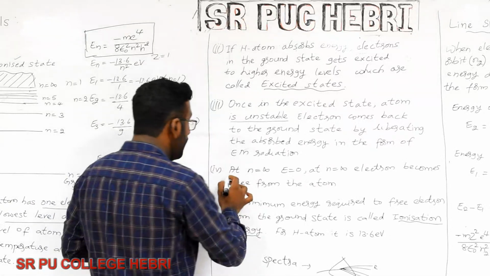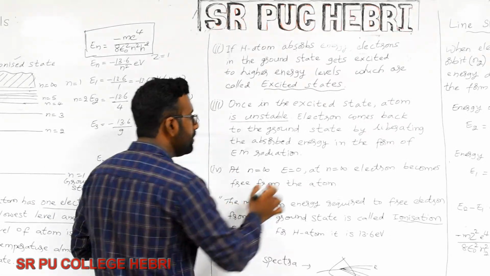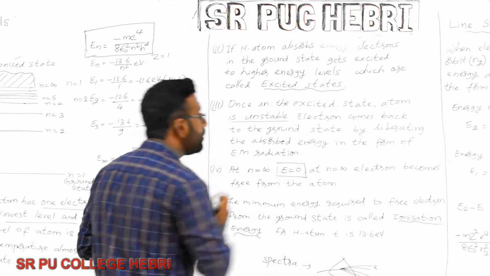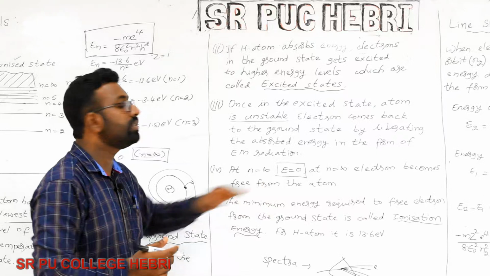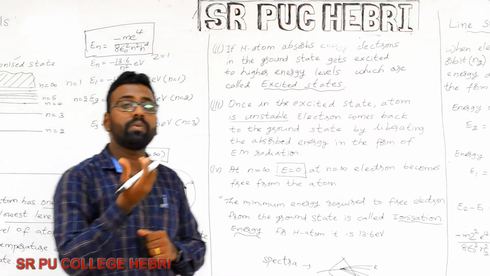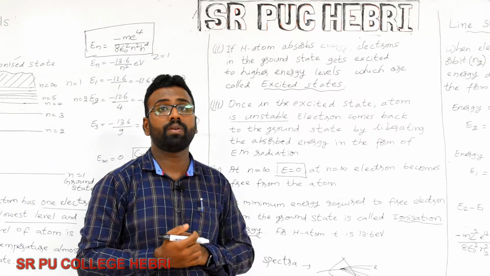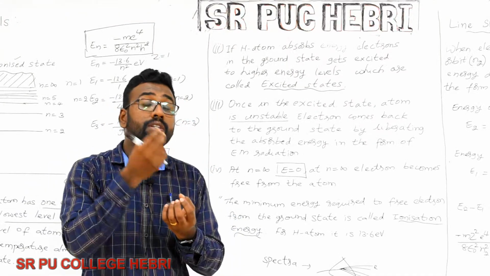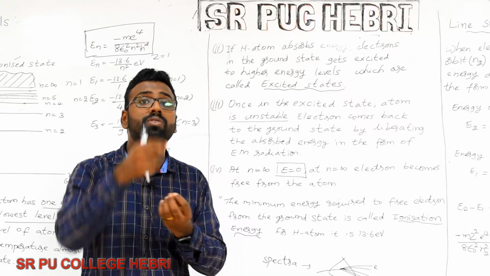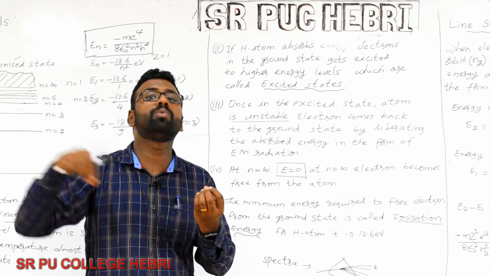At n is equal to infinity, we have already seen E will be equal to 0. At n equal to infinity, the electron becomes free from the atom. That is what we call a free electron. This free electron is not bound to the atom. The nucleus doesn't have any influence on this electron. It is free to move around the